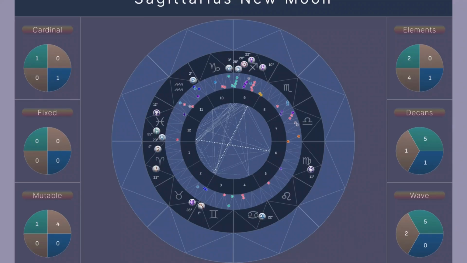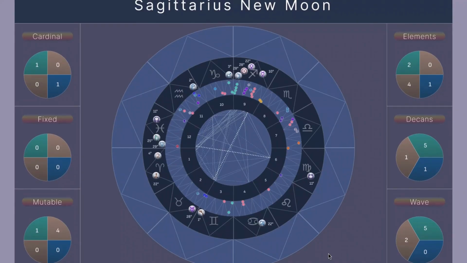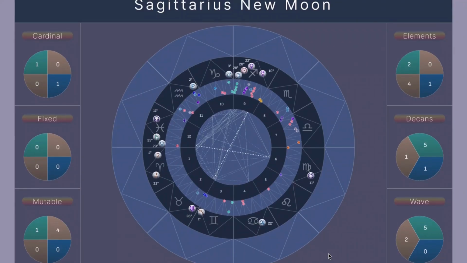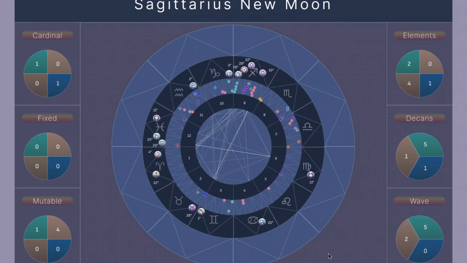So one of the things that you can do when you look at this, so we have Jupiter here, and it's on the descending wave here in Cancer, but if you bring that out to the phase, it's on the ascending wave in the phase, and if you bring it down to the decan, it is on the ascending wave in the decan. So you get these 3 different processes overlapping, each potentially in different parts of that wave for what they're doing. And I think that could potentially lead to some interesting insights. So that's what I wanted to say about this wheel.